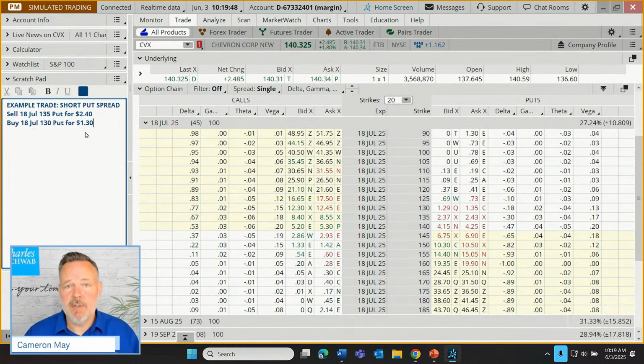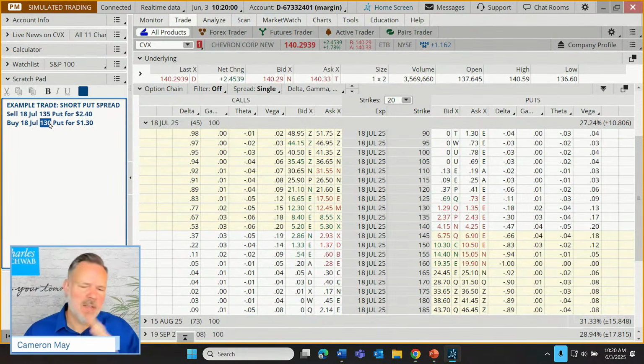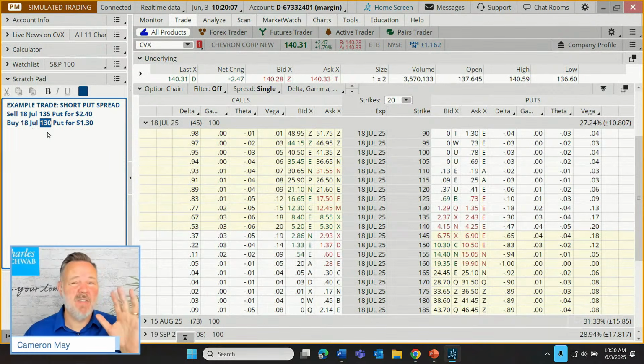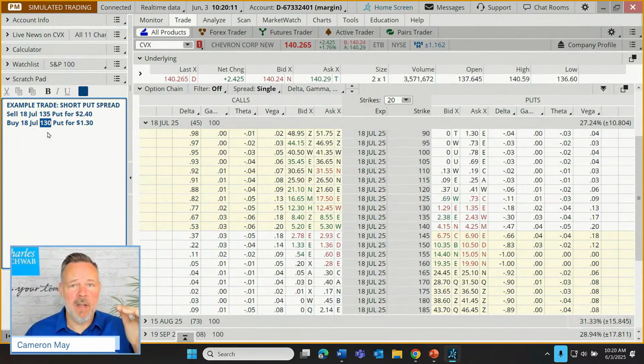What does this put do for our trade? Well, spending $130 for now the right to sell those shares. If we get stuck with shares, we now have the contractual right to unload those shares to someone else if we need to. It's not that we want to, but if we get stuck with shares at 135, we could sell those shares for 130. That would be a $5 loss. We don't want to be buying shares at 135 and selling at 130, but at least it puts a downside maximum, a theoretical maximum here. So that limits the risk.